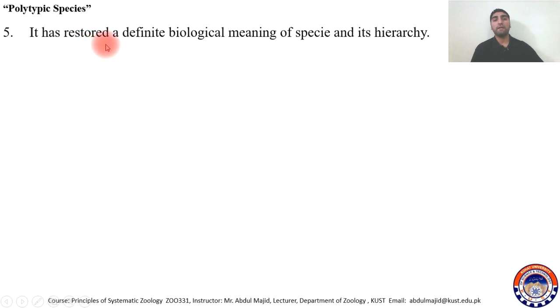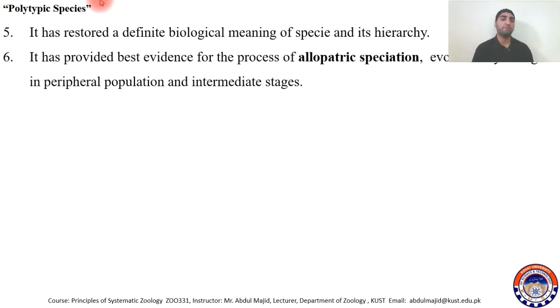So it has restored a definite biological meaning of species and its hierarchy, and it's all because of the introduction of this polytypic species taxa into the taxonomy. It restored the biological meaning of a species, because in the biological species concept, what we consider is mating. So these isolated populations, when you give them a chance to interbreed, they can interbreed. So it's giving a proper meaning to the biological species concept, and it has provided the best evidence for the process